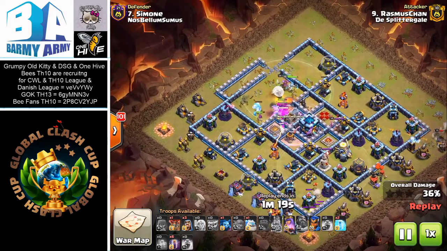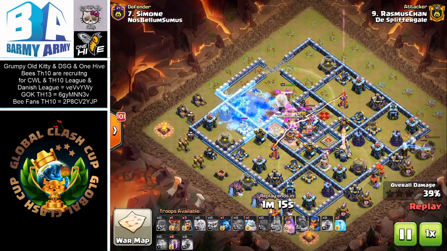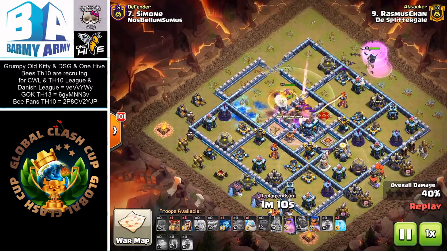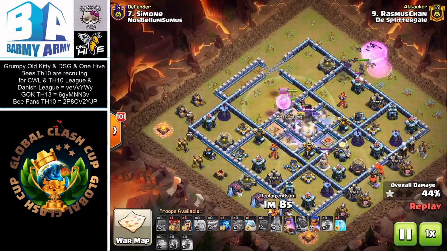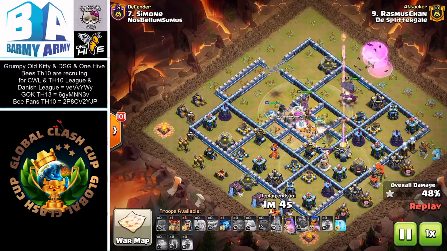Still got his champion, still got his queen ability. He's straight into that town hall now, which he is going to get down. And now here comes the bats, you can see. There's a lot of splash damage down this bottom side, but he is going to freeze over it with the...